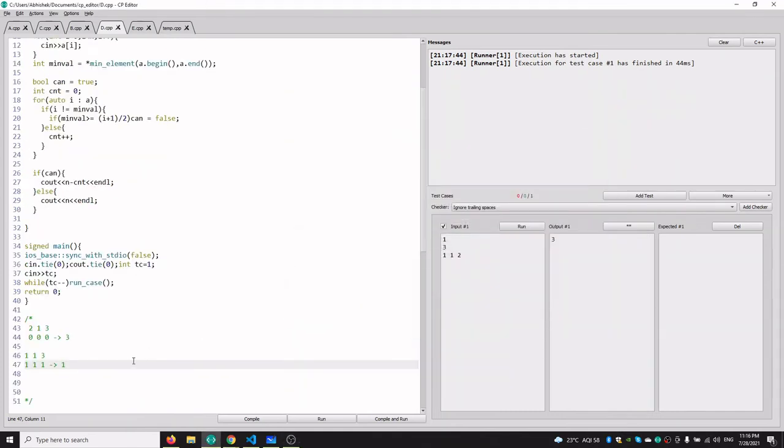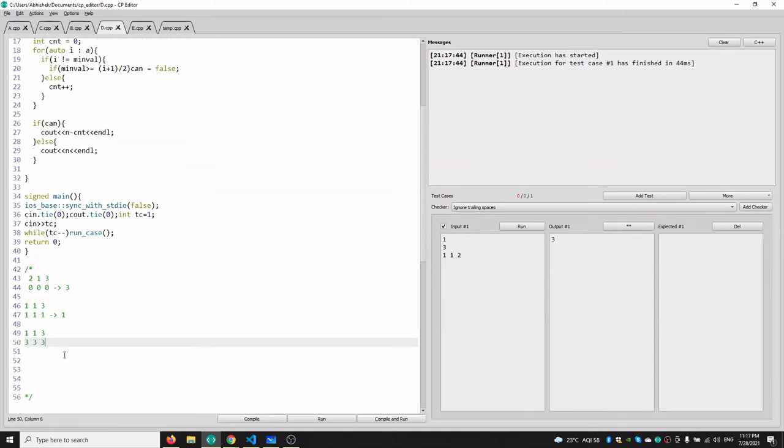So we can either convert the whole array into 0, or we can convert the whole array into the minimum element of that array. Why the minimum element? If we do not take the minimum element, let's say we have 1, 1, 3 and we want to convert the whole array into 3, that is not possible because we cannot convert 1 into 3.